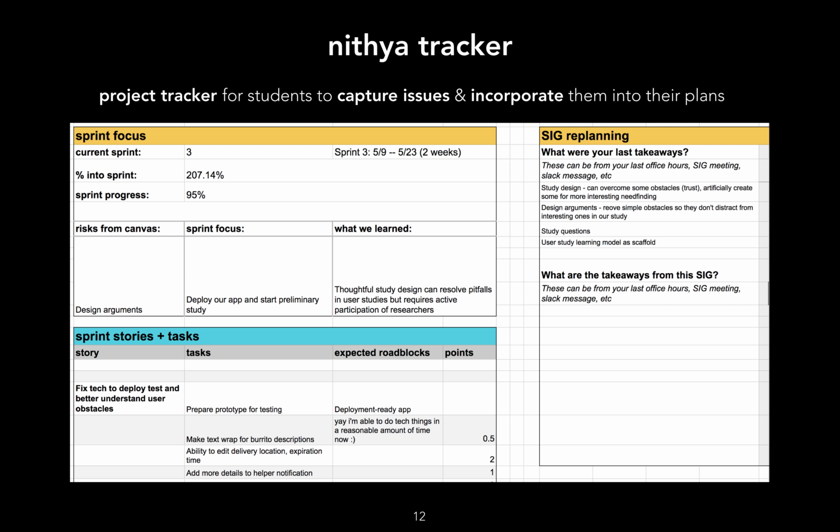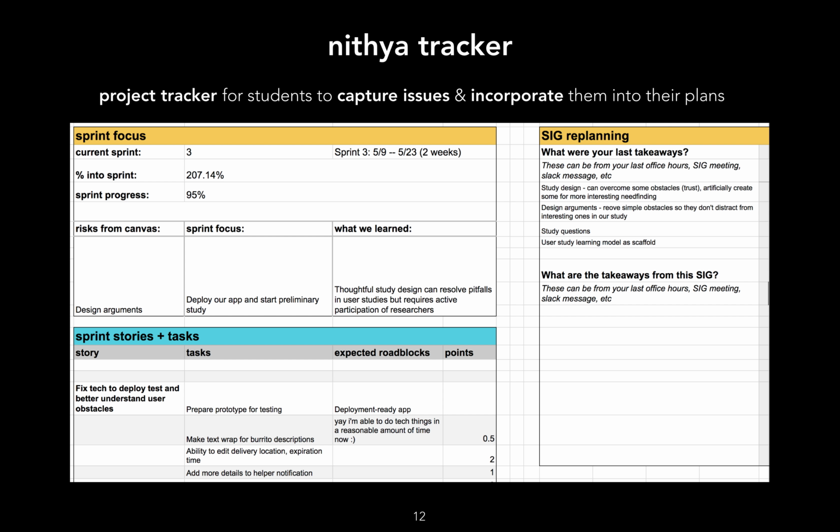There's a spreadsheet that pulls in information from their canvases, integrating all of the processes that we already do, so this is pulling from existing tools. But the goal was to have students on the right side capture what the takeaways are from the actual meeting, and on the left side, it's giving them context information about the things that the faculty raised. This was the high level goal of the sprint so far, just to remind students so they don't forget the previous things that they had already talked about.